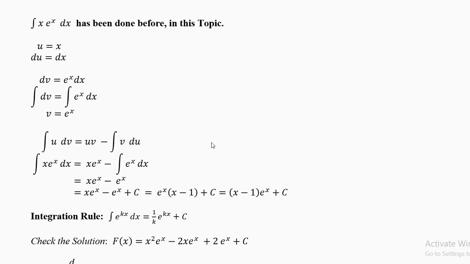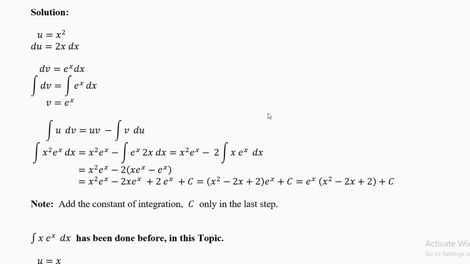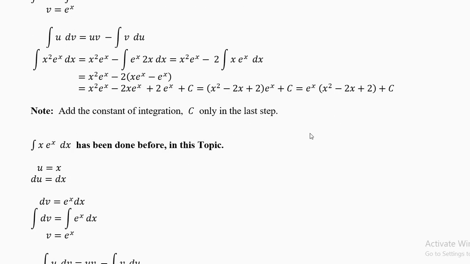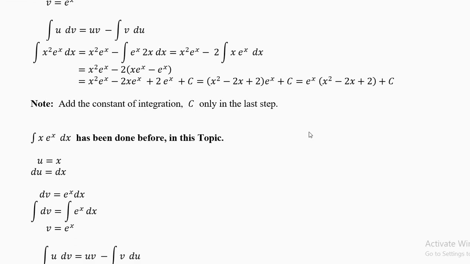So if you start with power 2, you will get in the first iteration power 1. Next iteration it is power 0. If you start with power 5, you'll go to power 4, then power 3, then power 2, then power 1, you'll need 4 pages. So anyway, you go down step by step. The answer becomes long, but the procedure is the same. Start with power 3, then power 2, then power 1, then power 0. When it is power 0, you do it from that one page of integration.